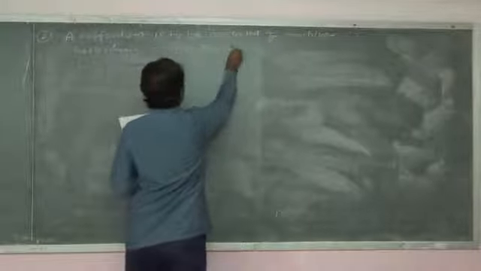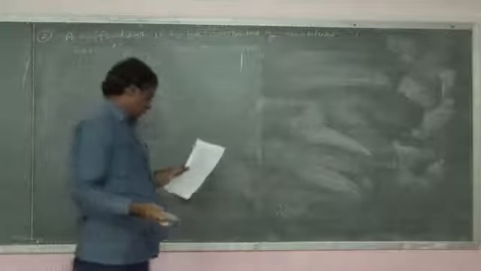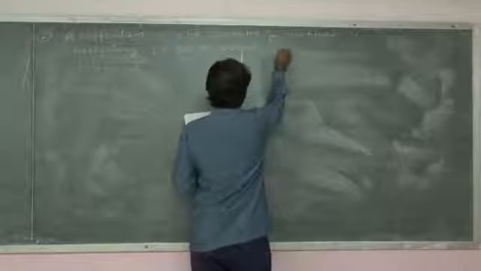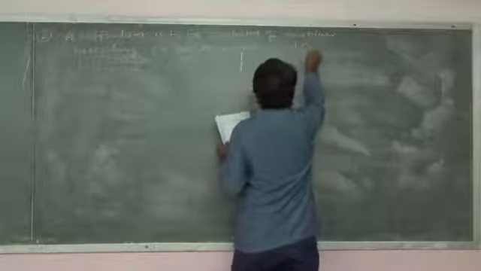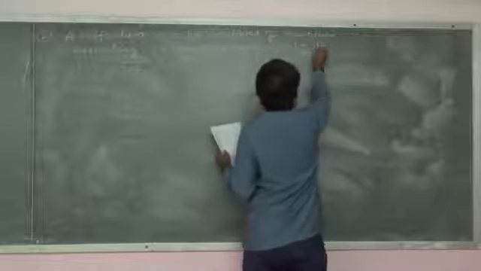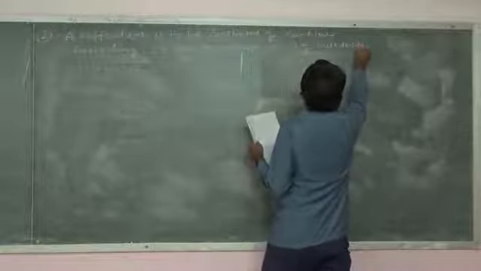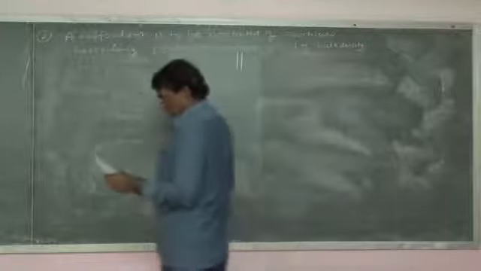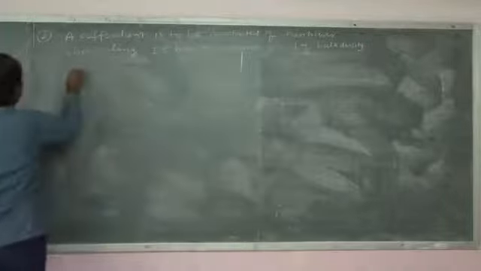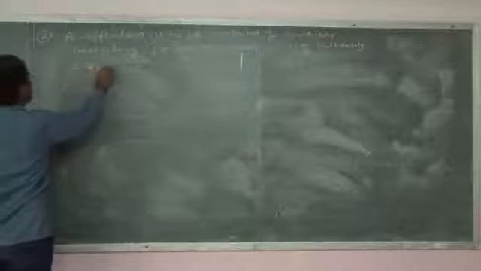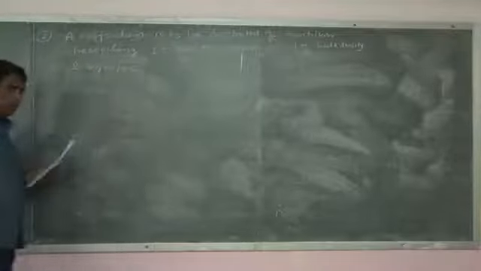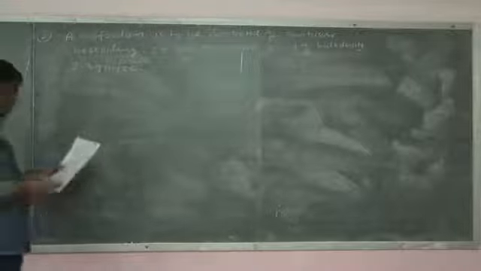It has to retain a soil of bulk density 2.3 gram per cc. Remember here unit weight is not given, bulk density is given, 2.3 gram per cc,